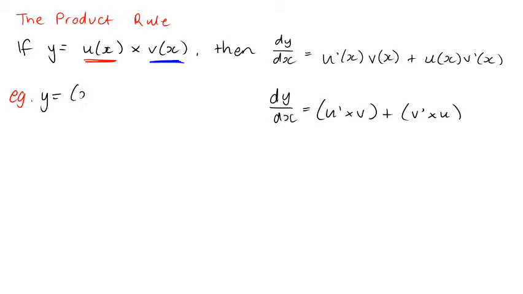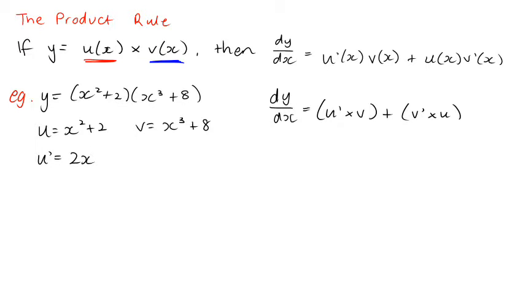So for example, this one. Quite clearly we've got two separate functions in the two brackets that are being multiplied together. So we'll call the first one u and the second one v. All we have to do is find the derivative of u and the derivative of v. So derivative of u is what? Yep, derivative of v,